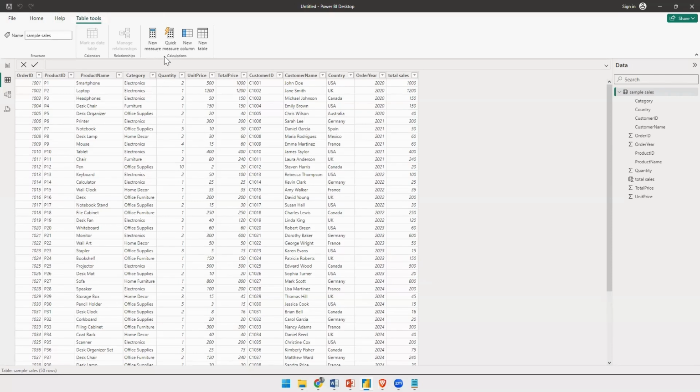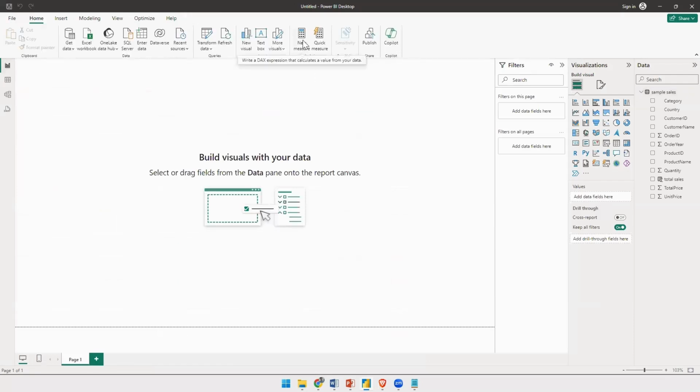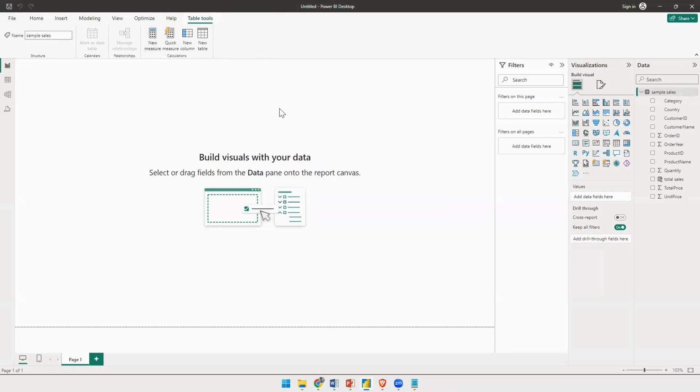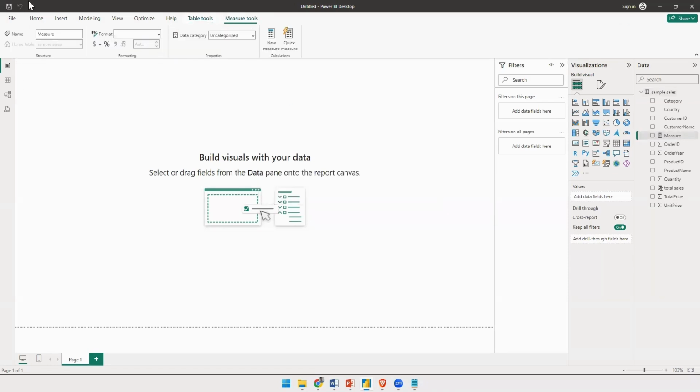Now to create a new measure, you can go over here in the calculations and select this option of new measure. If you don't want to use it, what you can do is you can go in the report view and over here, I'm having this new measure option. So click on the new measure. It would again show you this formula bar. So you can see you can put the name over here also, or you can put the name over here also where it says measure. After clicking on the new measure, write the name of the measure. So let's say the name of the measure is